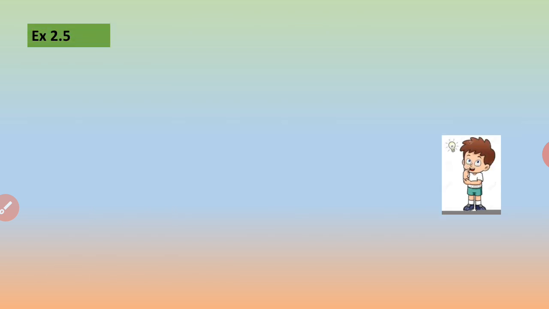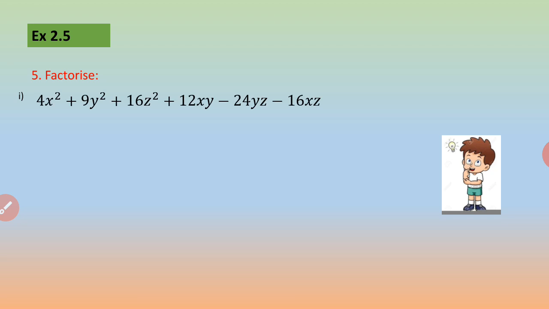Now with this, let's move to the next question, that is question number 5, factorize. Now this is your question. Try to recollect those identities and try to match this with any of those identities that you have studied. If you are able to recollect it correctly, this is the last, fifth identity that we have put, but this is the right hand side of it.